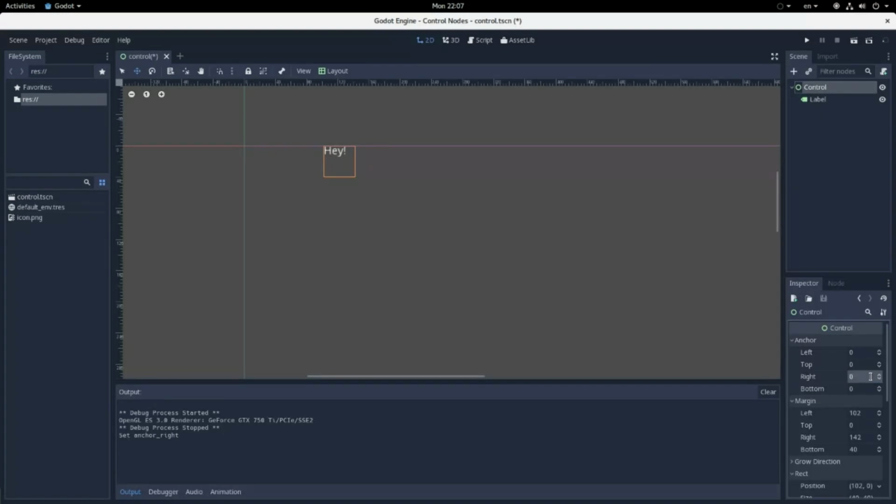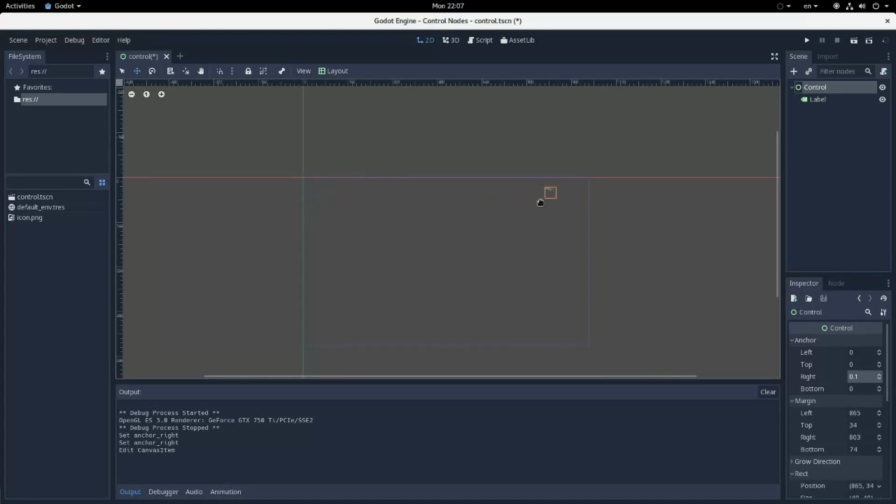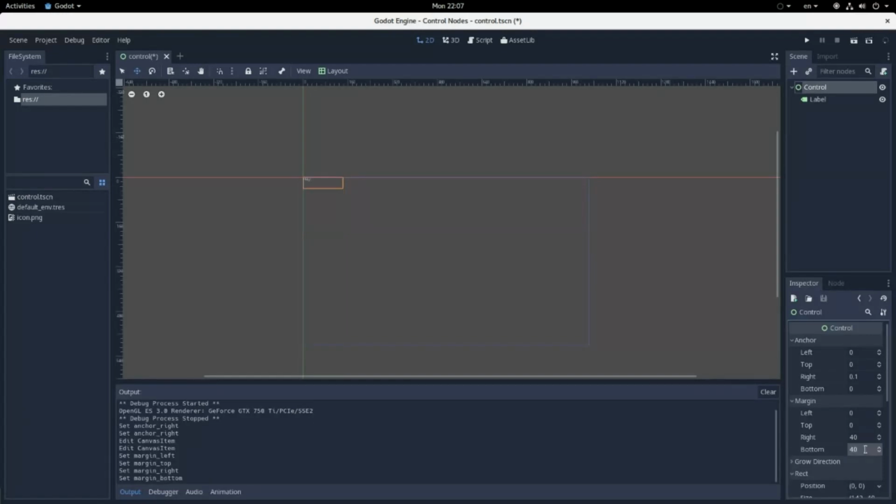I don't think this needs to be anything, or maybe it does, I don't really understand. But the point is that this is fine. Don't worry about these margin values, they're confusing and strange. I'll keep these to be about 0, 0, and 40 and stuff. But yeah, either way,